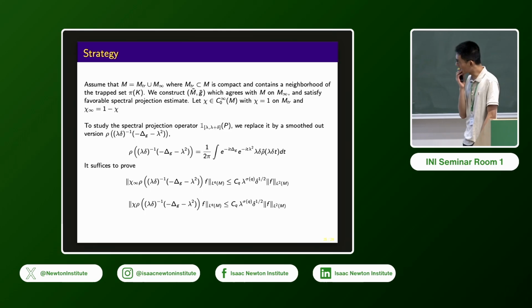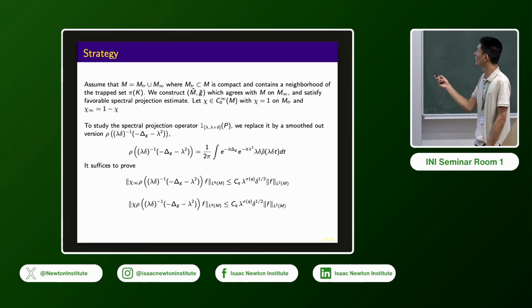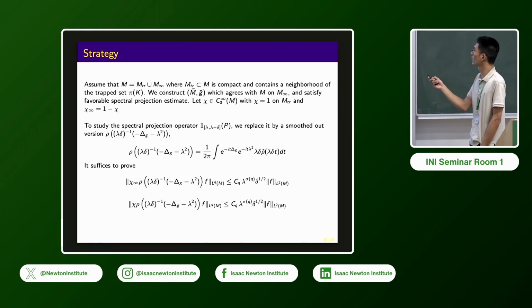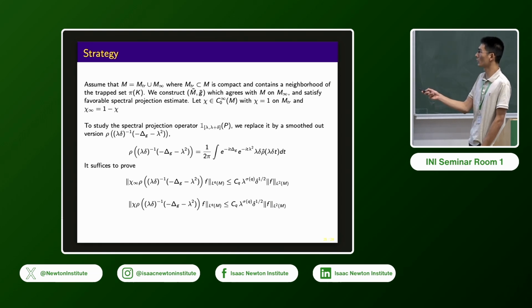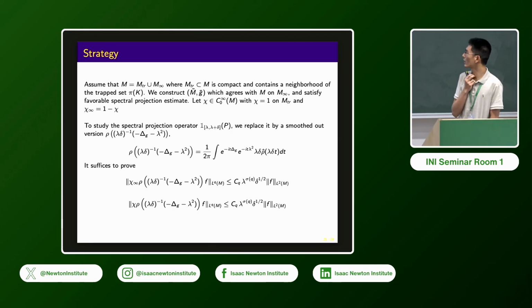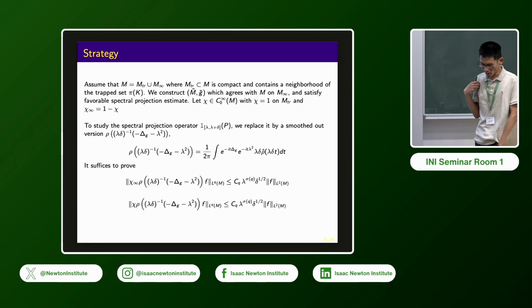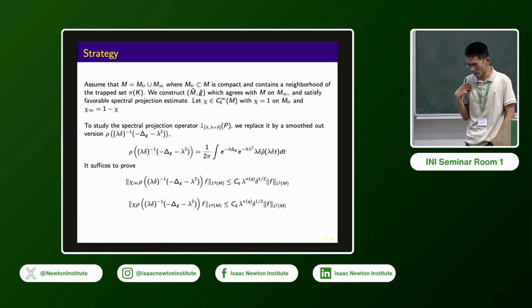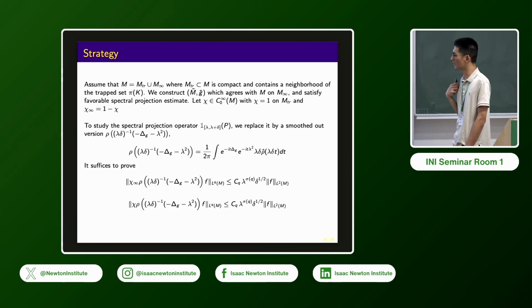And more explicitly, if we use chi to be a cutoff function to the neighborhood of the trapped set, and we use chi infinity to denote the cutoff function to the infinite end, or non-trapping region. To study the spectral projection operator, in order to try to adapt the local smoothing estimates in the Schrödinger formulation,